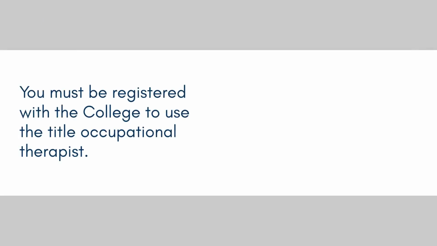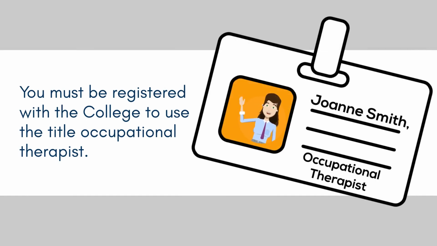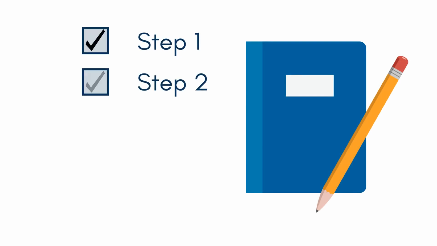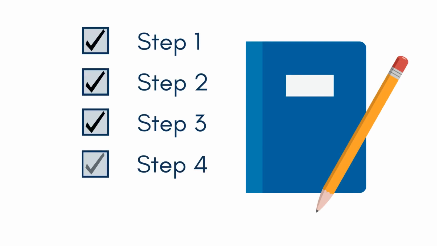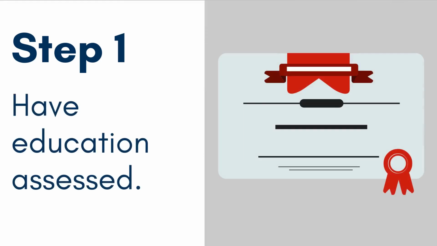By law, only individuals registered with the college can work as an occupational therapist or call themselves an occupational therapist or OT. Here are the steps you need to follow to register with the college and practice occupational therapy in Ontario. Step 1. As an internationally educated professional, your first step is to have your education assessed by applying to